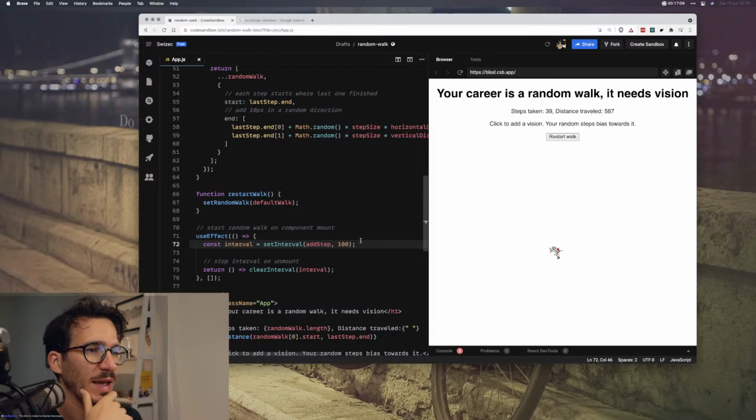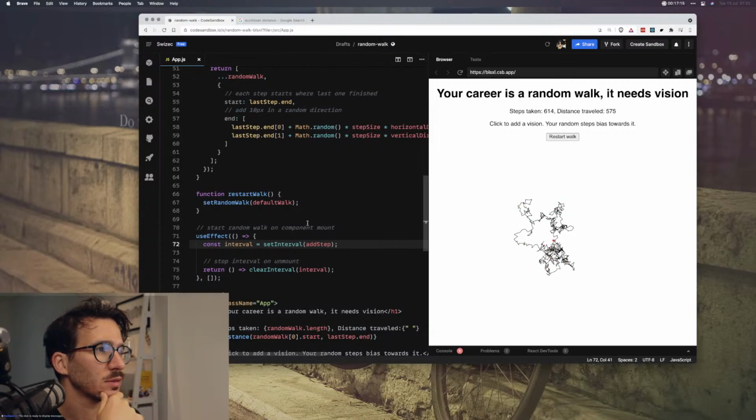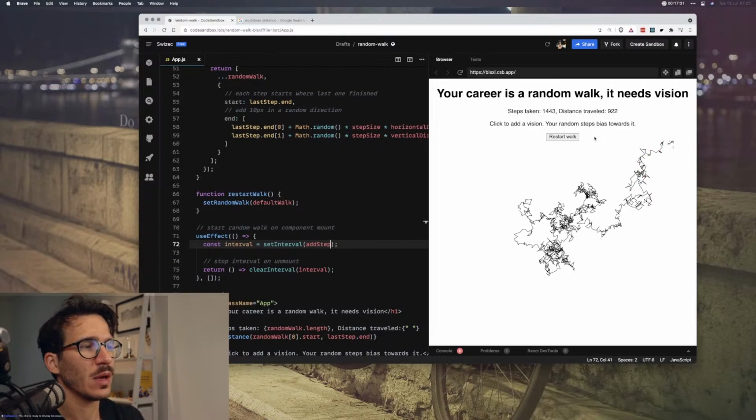Nah, it doesn't need to be slow. So we can walk fast. Okay. Well, the problem is that these numbers go pretty quickly, so they're kind of hard to read, aren't they? Yeah, okay.